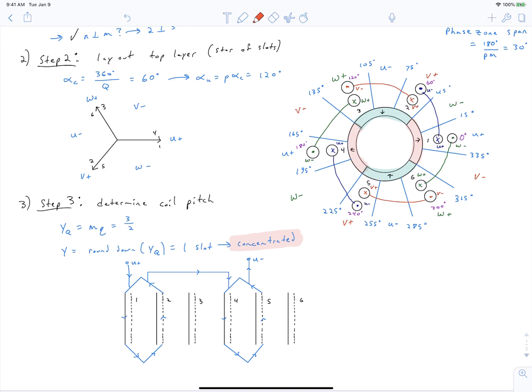And again, looking at our phase diagram, we can see that we have this problem magnetically. So we put a slot here. So in a single layer winding, we've eliminated this back layer. Where should our winding return? Can we use this slot? Should it span over here? What should we do? And you can squint at this long enough and probably figure out what you should do,